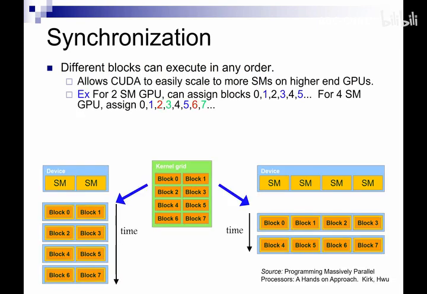So let's consider an example. Let's say we have a kernel with 8 thread blocks. Now, if you run this on a GPU with 2 SMs, then one thing that can happen is that you run the first 2 thread blocks and then the next 2 and so on. In that case, for example, thread block 2 is running after 0. However, you could also run this exact same kernel with 8 thread blocks